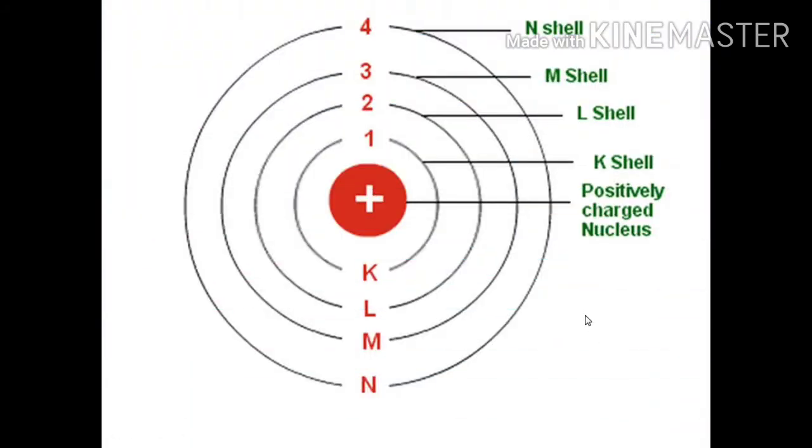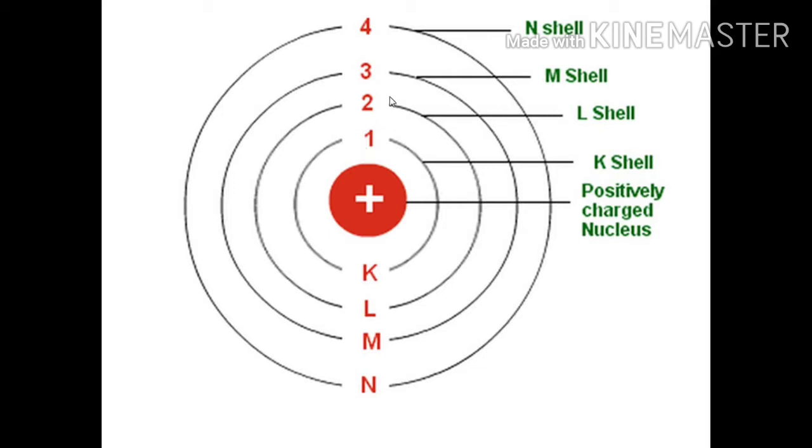You already know that the nucleus is a centrally located region in an atom which contains positively charged protons and neutrons which have no charge. That is why the nucleus is always positively charged. Around the nucleus, in definite or imaginary paths, we have electrons which are negatively charged, which are revolving in the imaginary paths called orbits, orbitals, shells and energy levels.